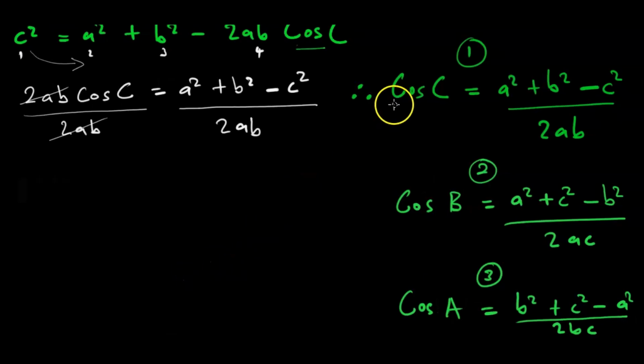Kana tichitsvaga cos c, tichati isusu amwe masides aya asiri c a squared plus b squared tosubtracta c yacho yatiri kutsvaga. Saka tichasubtracta c yatiri kutsvaga panapa cos c tosubtracta c, kana pari pacos b tosubtracta b, kana iri cos a tosubtracta a, then it's over 2ab, kureva kuti it's just 2 multiplying the first 2. Saka panapa it's 2ab, panapa it's now 2ac, panapa it's 2bc. So that is the pattern there.